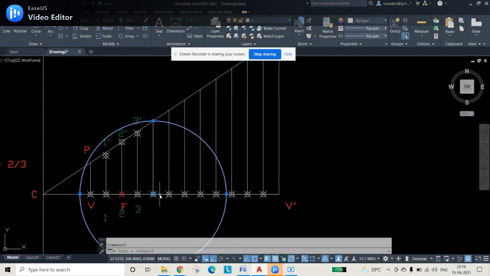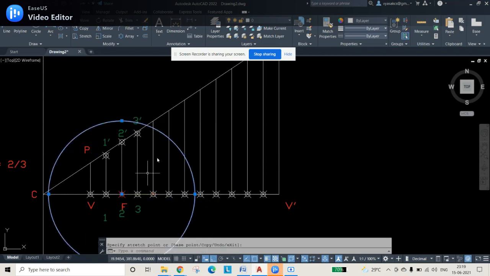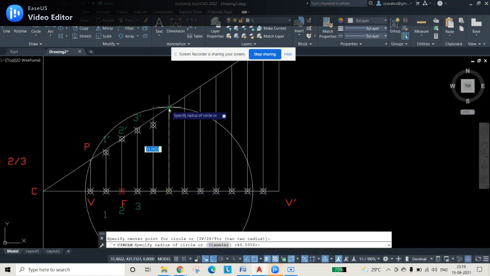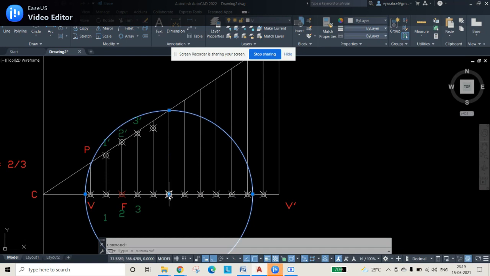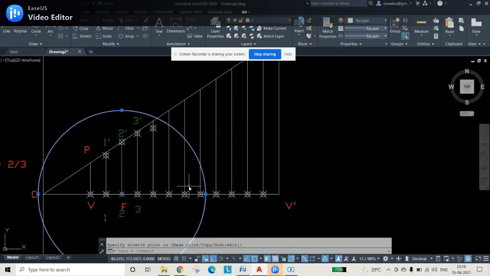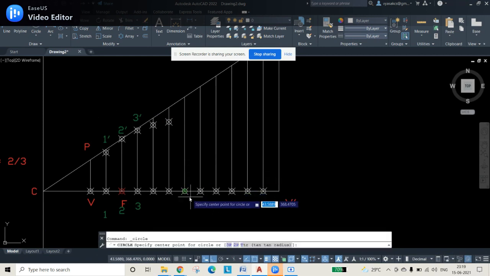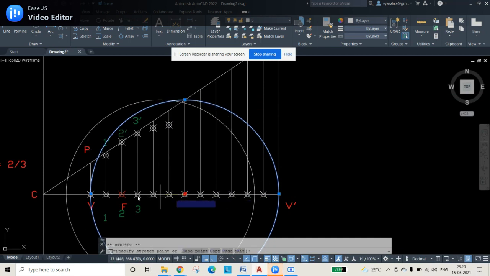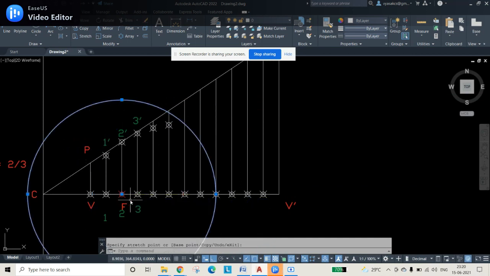Then I'll select the circle and change from 4 to F. Then PO, enter. Select the intersection point here. Then delete it. Then 5 dash. Select circle 5 dash. Definitely you people write all these things so that it will be easy for you to remember, not to get confused, and draw them perfectly. So use this. Then 6. Instead of deleting all these circles, I can just move that side and this side also. But as usual, for not getting confused, I am using the delete option continuously.